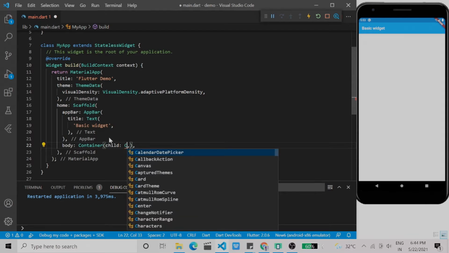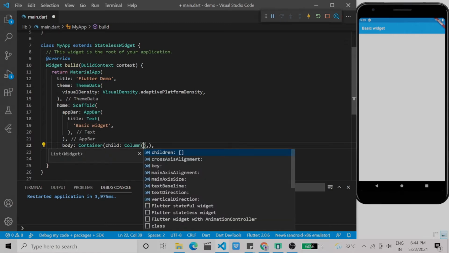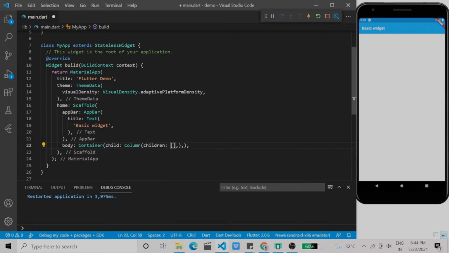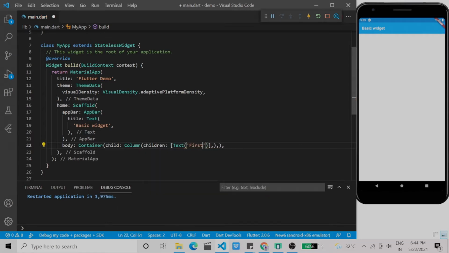Inside this child, I am going to create a Column. Column is a widget which is used to show your content in a vertical manner. Now if you see the options, it accepts children. Children means you can give any number of widgets inside the column which will be visible one by one in a vertical manner. Now I'm going to create two widgets as of now, just to showcase how it works.